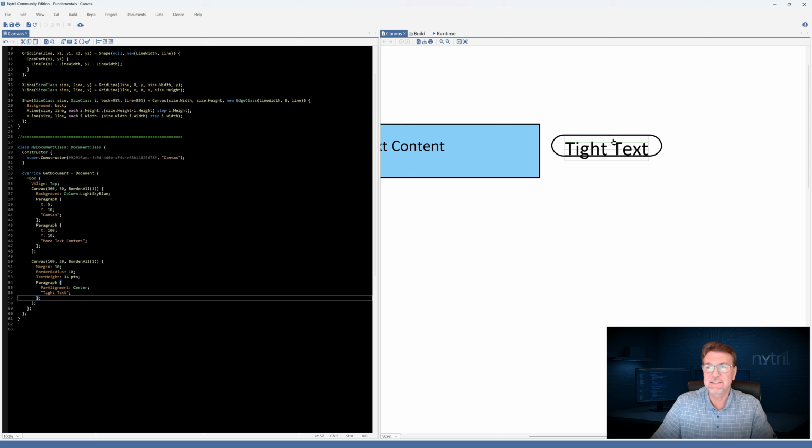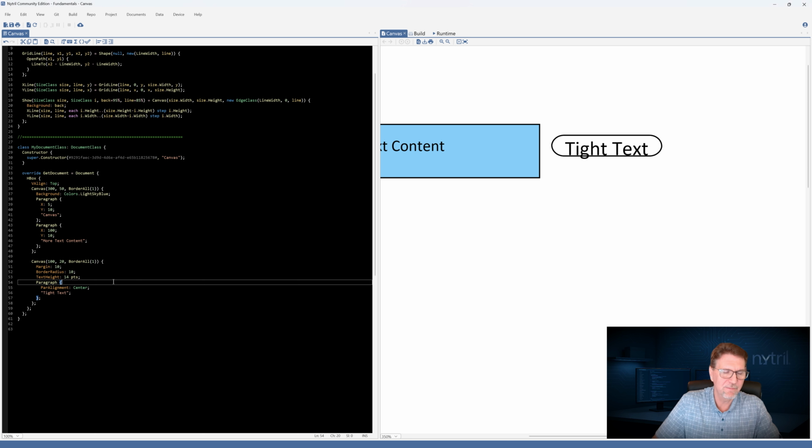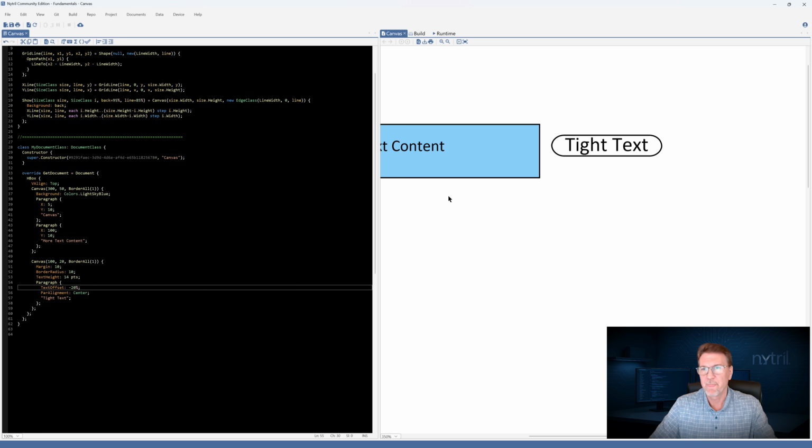And when Nitral places the text, it takes into account the leading. So if you want to tighten that text up and move it, there's two simple ways you can go about it. One is to simply apply to the actual text paragraph itself a text offset property and give it a negative value. In this case, I'm going to give text offset a negative value of 20, which puts it right in the middle. It moves it.